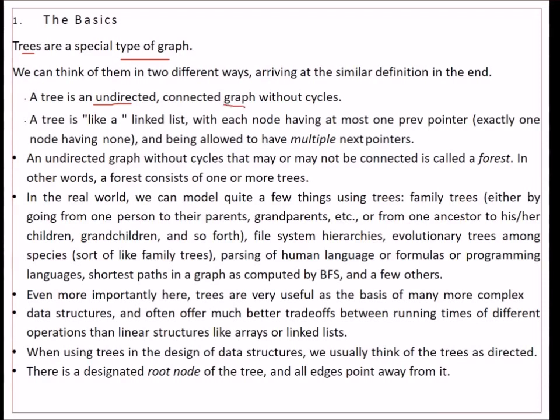So a tree is a graph which is connected, which is undirected. See, there will be no arrow, and without cycles. So there will be no cycles, means there will be no closed